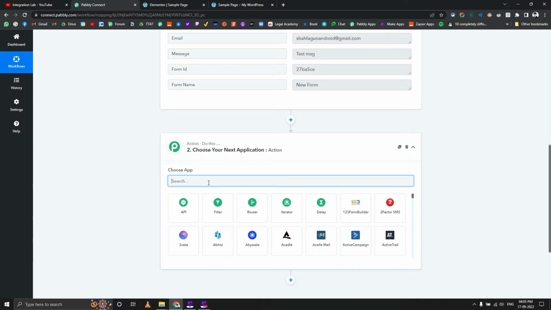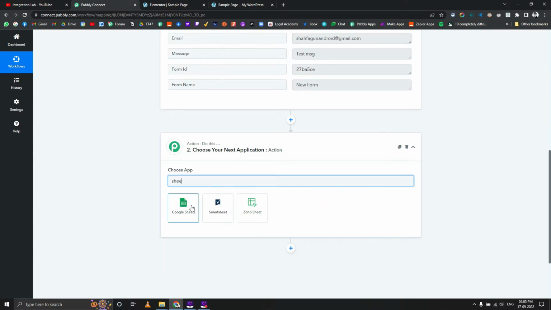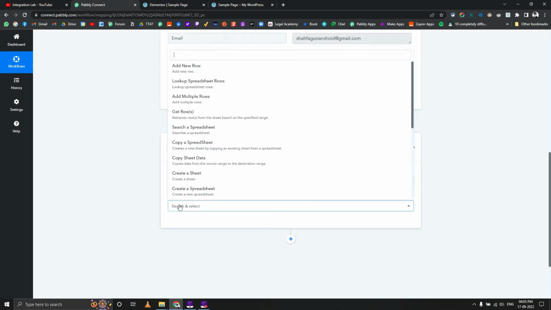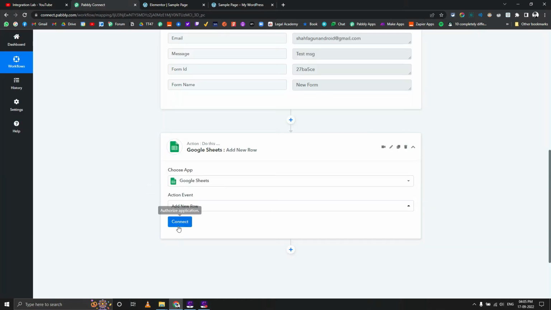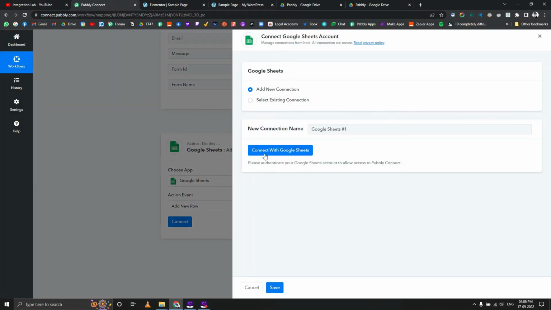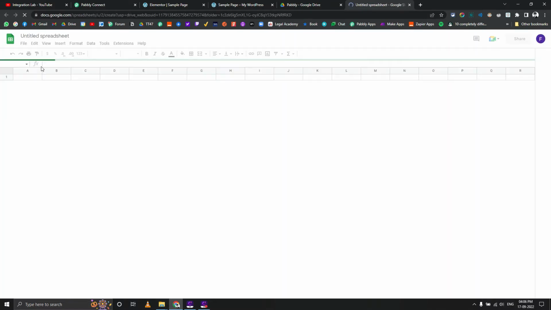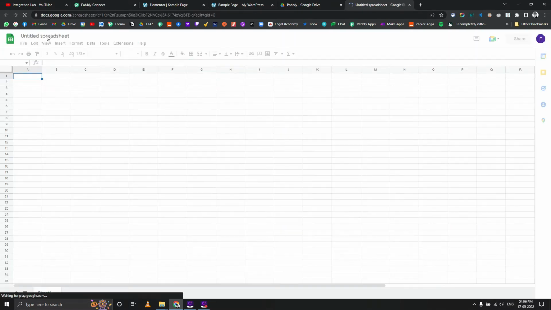Now we are going to select the action app, which is called Google Sheet, and the action event which we want to use is called add new row. We are going to click on connect. So we need to connect it to Google Sheet, but we first need to create the Google Sheet itself, right? So what I will do here is that I will go to my Google Drive in here, right? And I have created the folder already. I will create a new Google Sheet, and I will name it something called